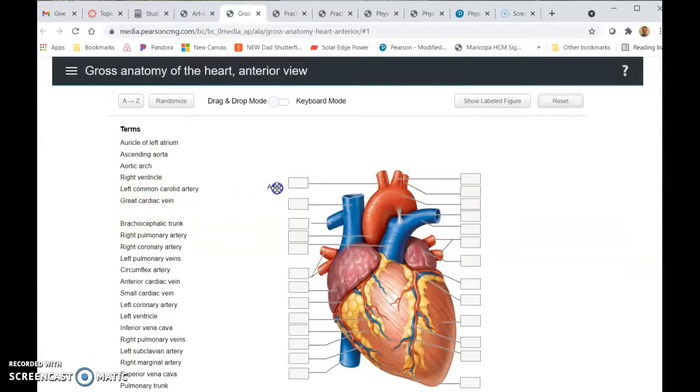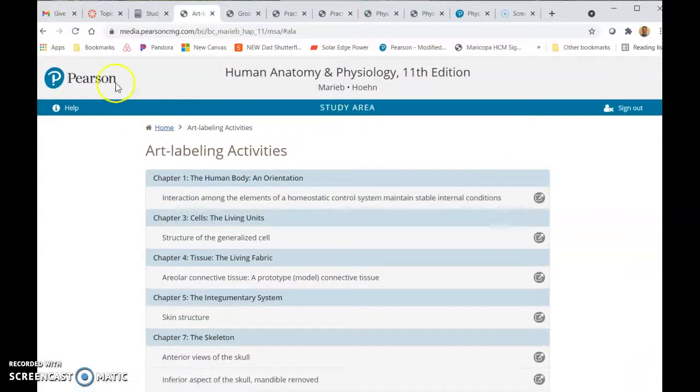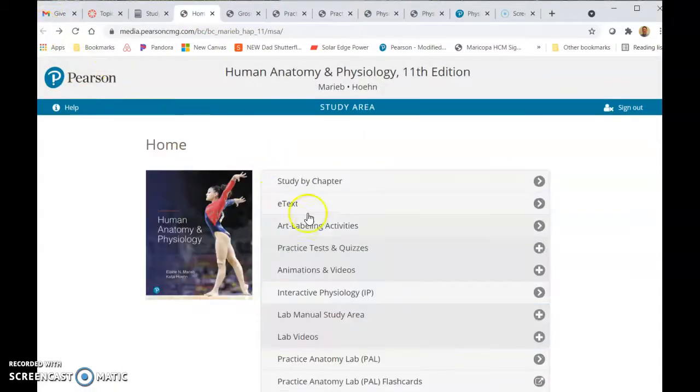So if you drag the apex to the top, it won't work. It'll just go back, right? But if you drag it to the right area, it'll stay. Okay. So again, that was under the study area, the art labeling. There's a lot here. You can try any of these. There's some practice tests and quizzes,